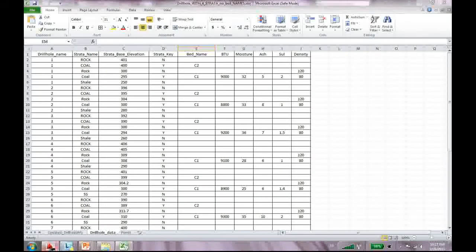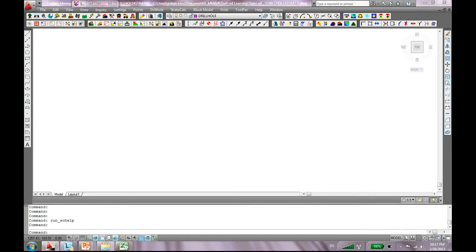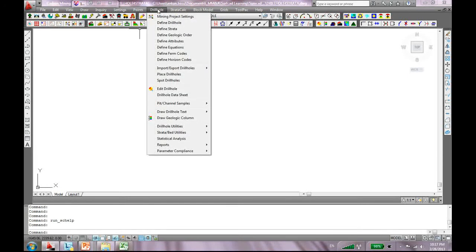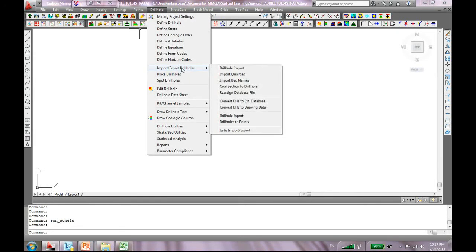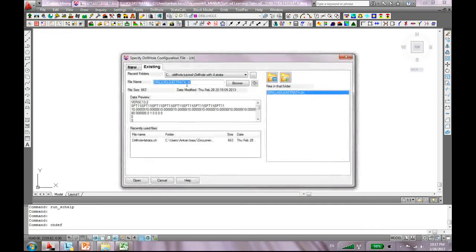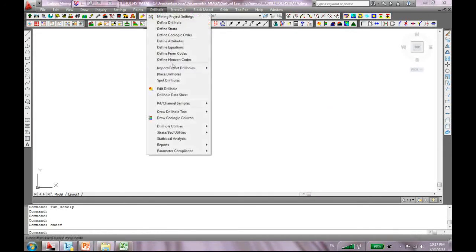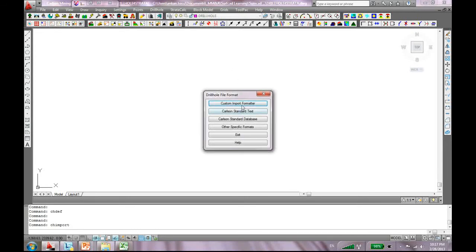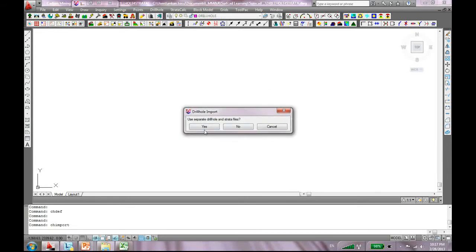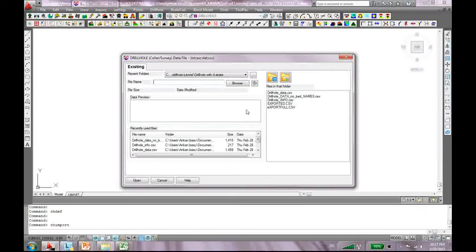Okay, now let's go to the Carlson window, and you already know how to import the drill hole. So we'll just go to the drill hole menu, and we'll click on import export drill holes, and we have already defined our drill hole definition file, so we are already good there. So we can directly go to drill hole import, do the custom importer, and yes, we are going to use 2 different files. Now the drill hole info, it didn't change, so open that, and then drill hole data no